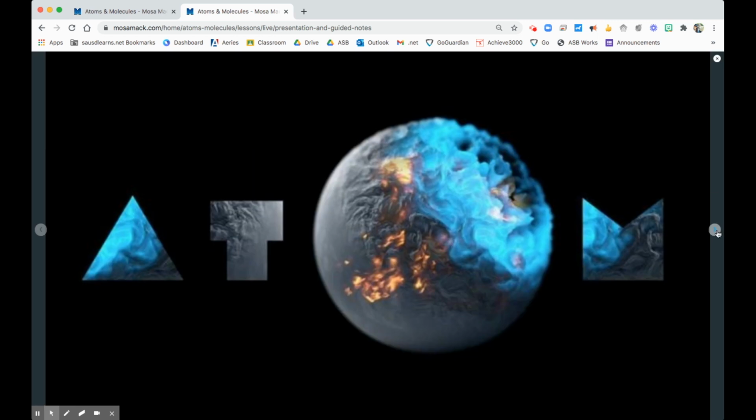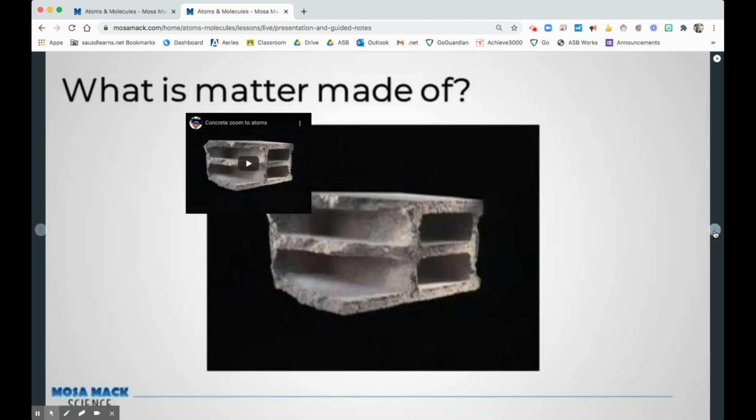So we're going to be focusing on the atom. So what exactly is matter made out of? So here we have a video that is going to zoom in on a piece of concrete all the way from what we can see all the way down to what the atoms look like under that special microscope that allows us to see atoms. So we are going to take this quick